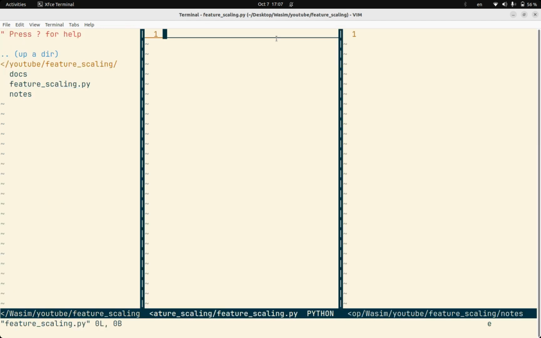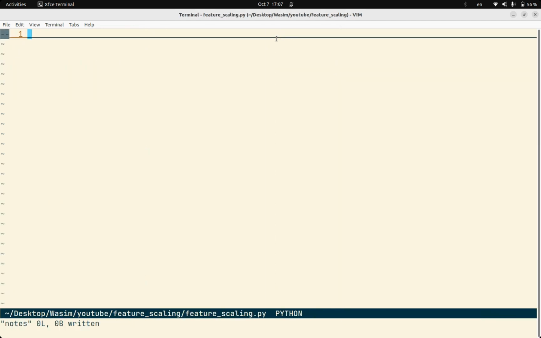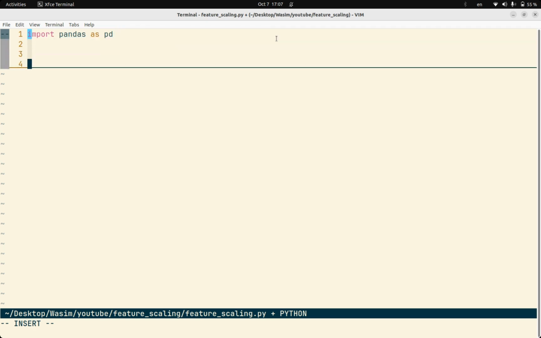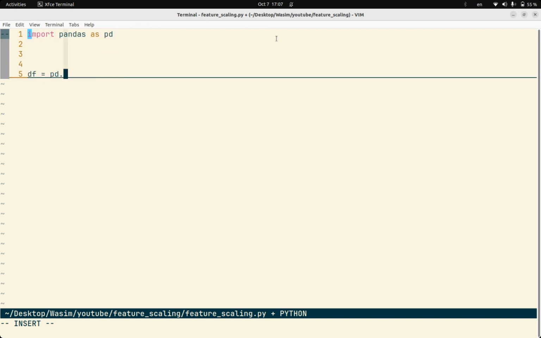How do you do this using sklearn? That's what we'll do now. Say we are looking into website visitors data. I'm going to import pandas to create a data frame. I'm going to say import pandas as pd and create df equals pd.DataFrame, and I'll say site visitors